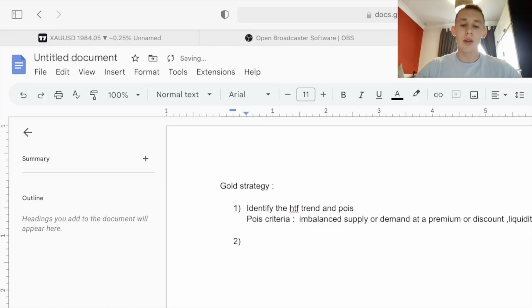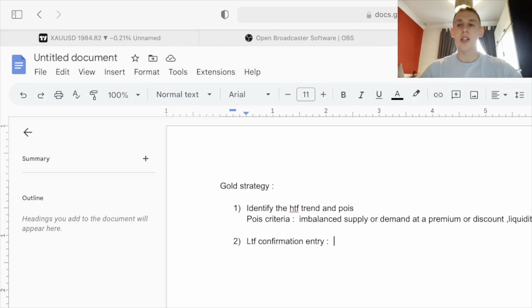On to step two. This one is a bit more subjective and takes quite a lot of experience, which you'll just get from backtesting this strategy if you want to learn it. But this is basically when we go down to the lower time frames and look for our actual entries. So for now, we'll just say lower time frame confirmation entry, just to briefly outline it. And we also need some set criteria for this. So for this, what we want to see is,